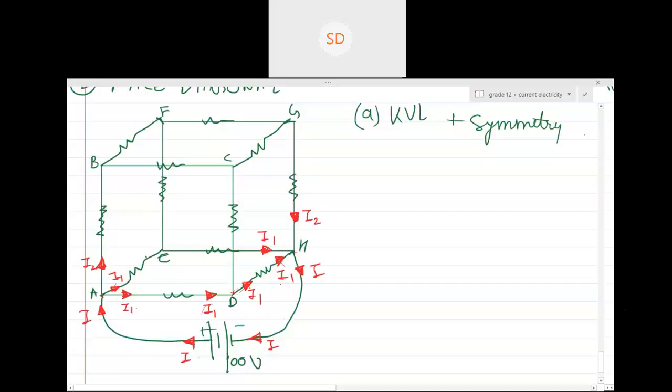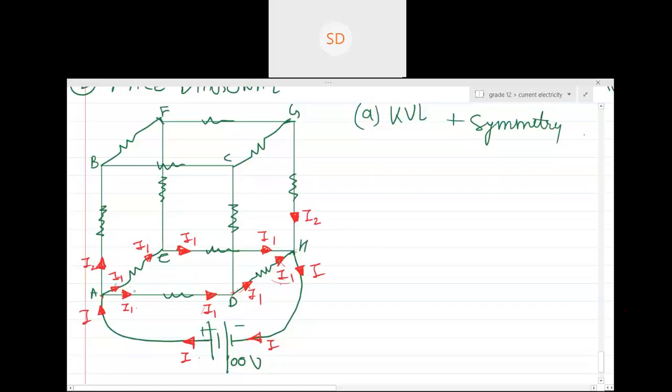Same thing will go here as well. Here it is I1. So now will any current go up? No, all of the current will go over here, I1. So why will there be no current? Because if there is no current, then how will you make this I1 reach the battery again? How will you make it symmetric? You used one concept of symmetry, will you not use the second concept of symmetry as well? Symmetry is only one concept, sir.